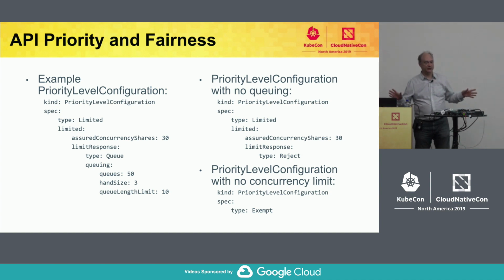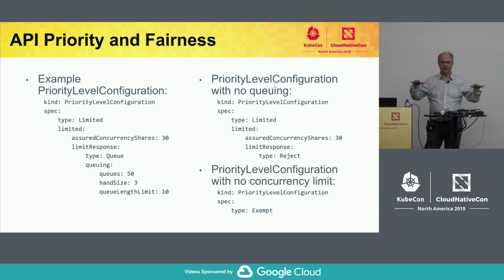So what we do is, at the API server's options, there's already parameters to configure a concurrency limit that's used by the maximum in flight handler. We repurpose that, okay, and we divide it up proportionally amongst the priority levels that are not exempt.